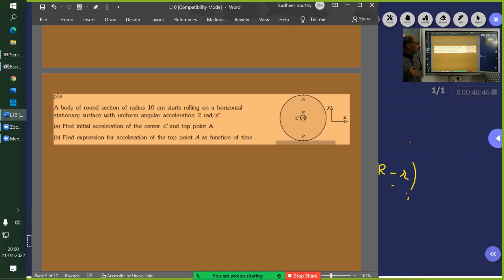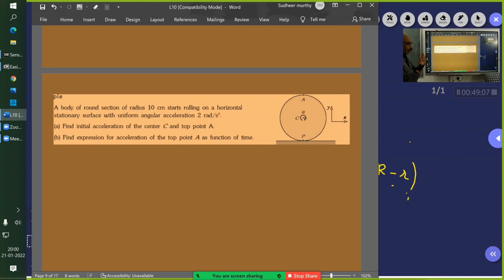Will you understand this problem? See, which is the keyword here? Angular. Starts. Because initially at rest. Yes, initially at rest. It is initially at rest and